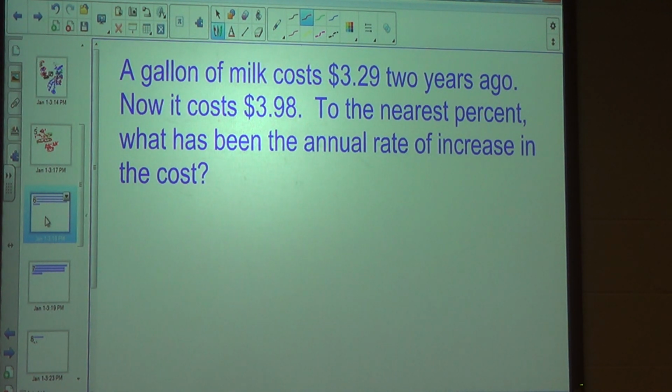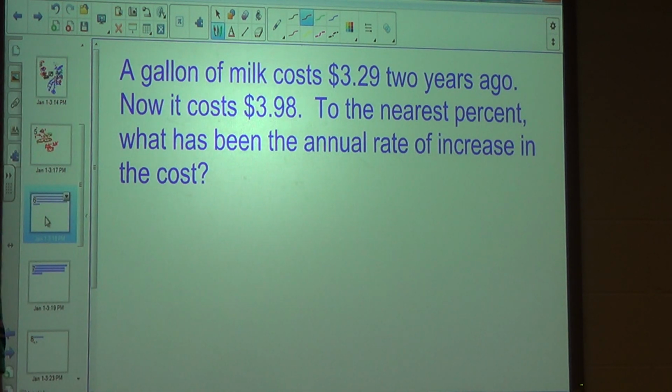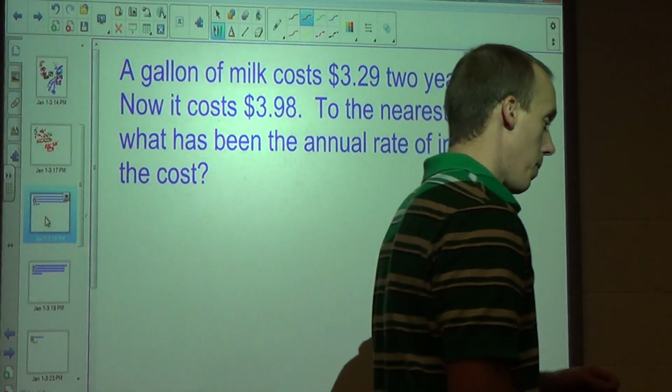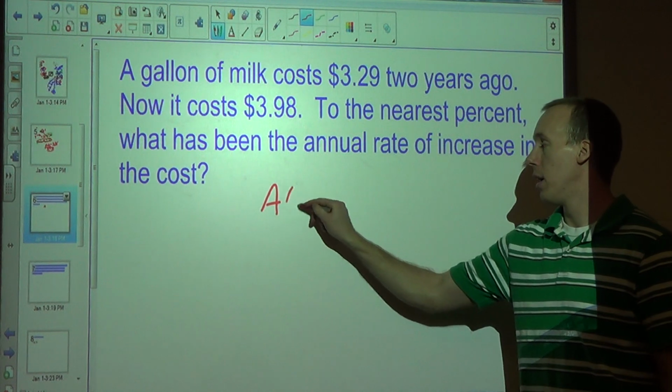Next question here. Using that same formula that I gave you on the first slide. A gallon of milk costs $3.29 2 years ago. Now it costs $3.98. To the nearest percent, what has been the annual rate of increase in its cost? So using that same formula,